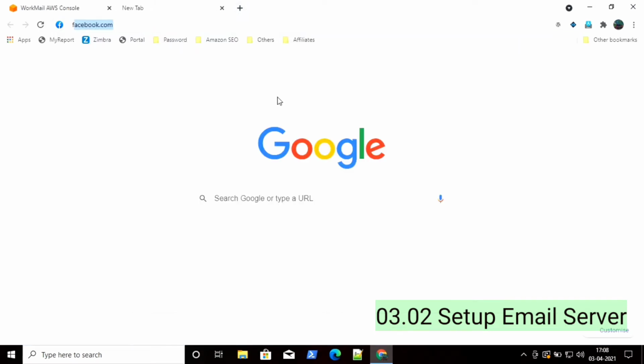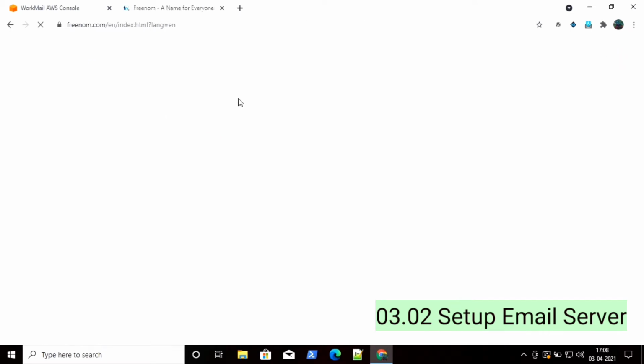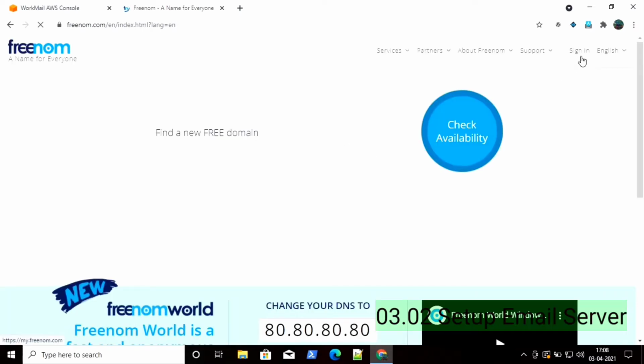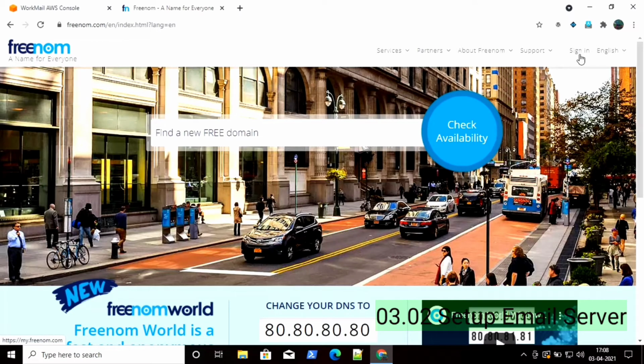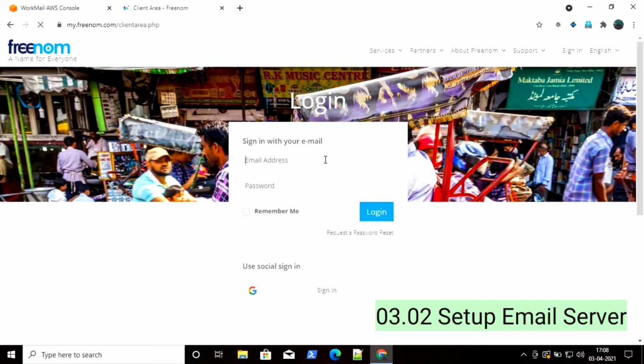So to change DNS records, simply go to Freenom where you have purchased your domain. Now sign into your Freenom account by clicking on the sign in button. Here enter your credentials like your email address and password and try to log in.